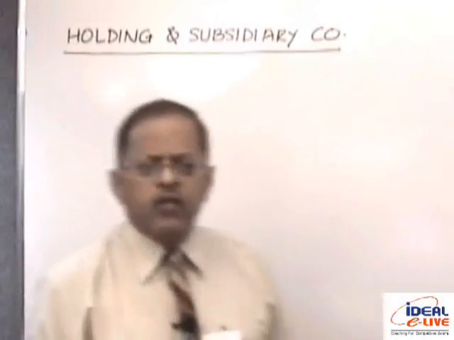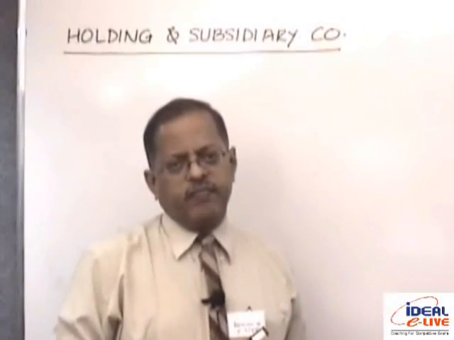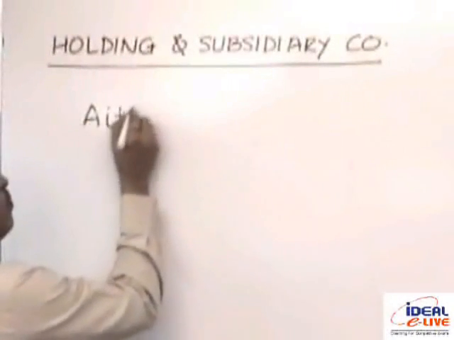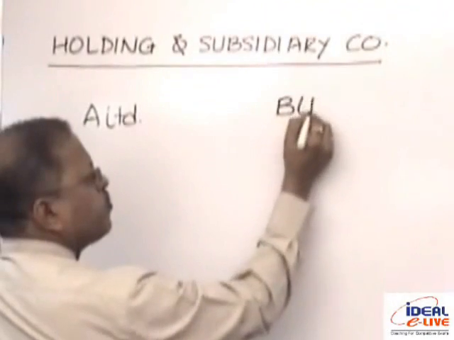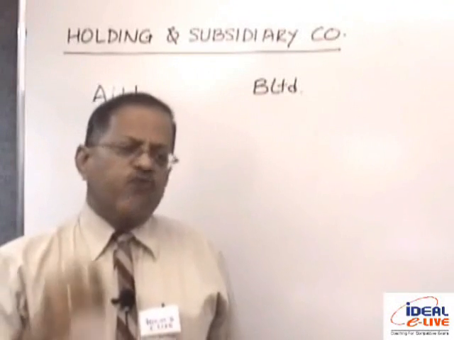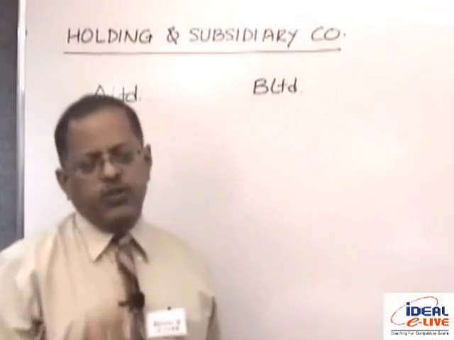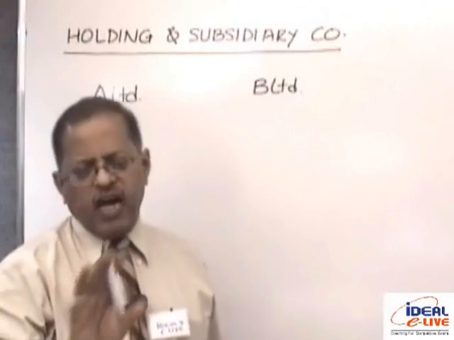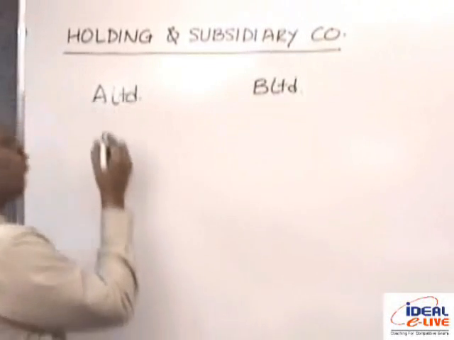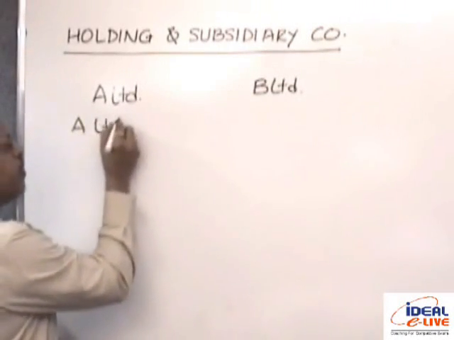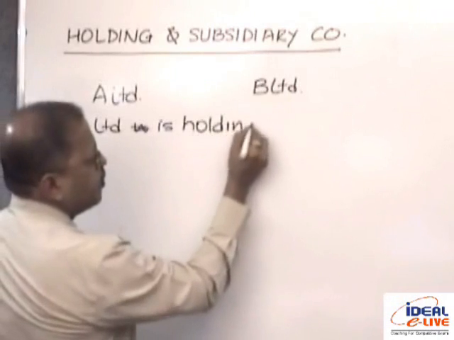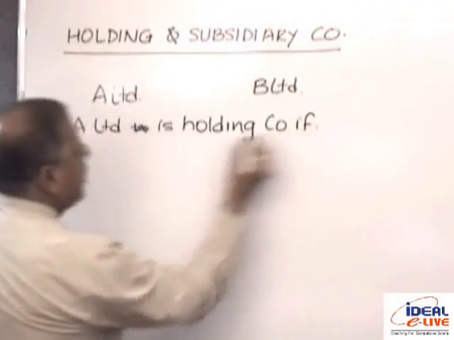So, for example, suppose I talk about A Limited and B Limited. These two companies are there in front of us. One is holding, another is subsidiary. Now, when it will be called holding and when it will be called subsidiary, I will come to that. Please don't write. I will show you the PPT presentation, from that you can copy down. Now, what it says, A Limited is a holding company if